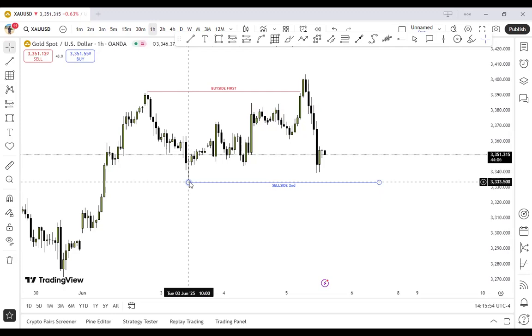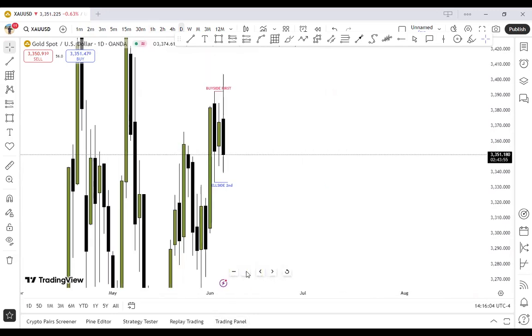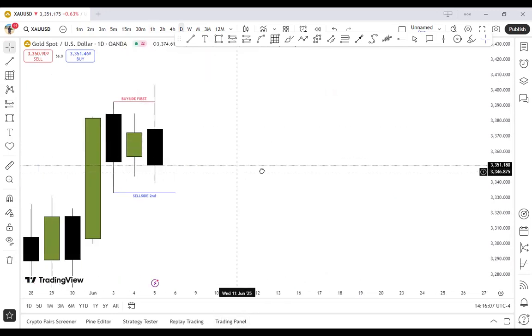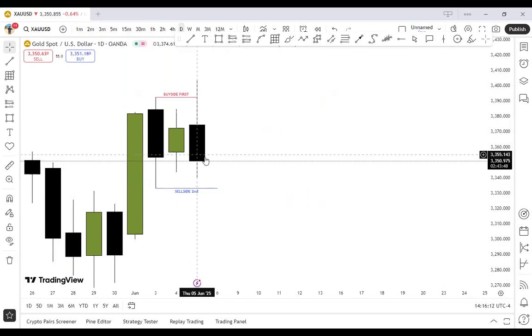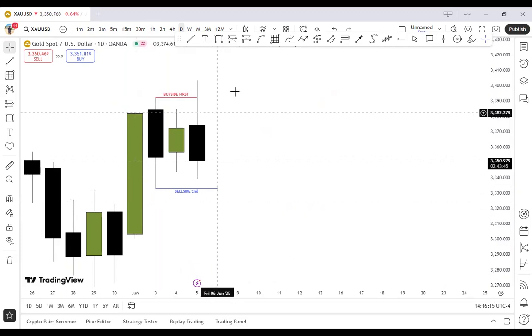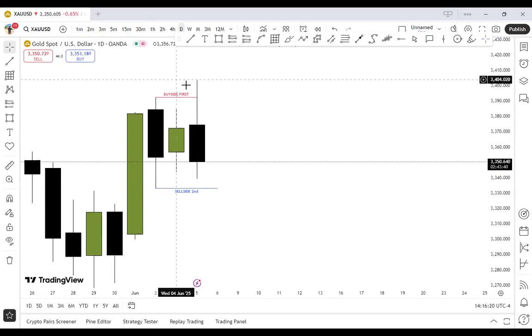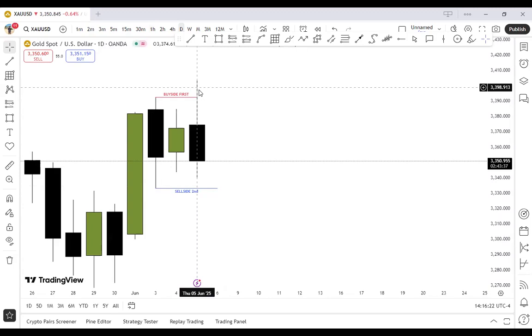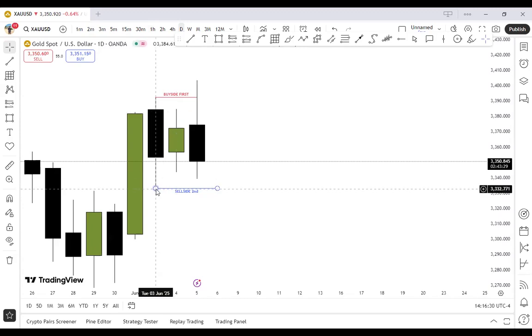And I don't know if you guys were available during the afternoon. I did mention that, yes, I was bullish. I was thinking that it's a bullish day. And as I was annotating earlier today, I did say I'm very suspicious that price might go back into this fair value gap before going up. Because I wanted to see the way this candle reacts today. And having this candle failing to close above one, two candles is an indication that price is willing to retrace back into this key level.